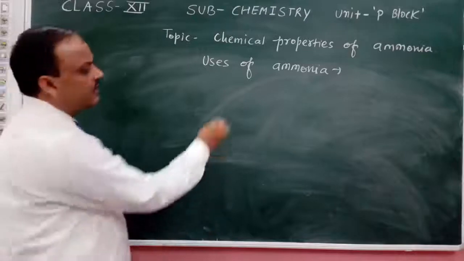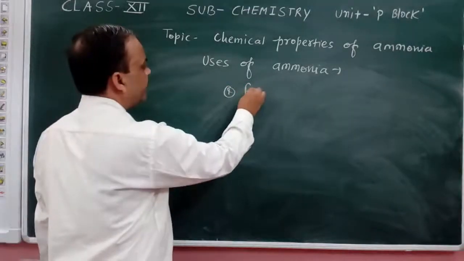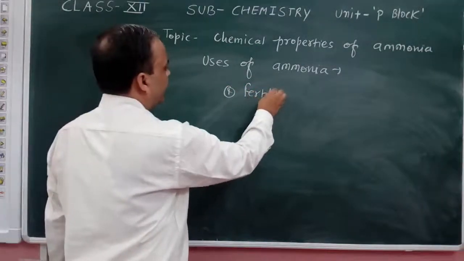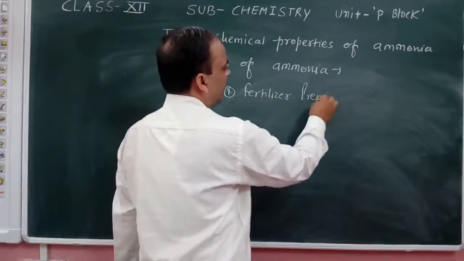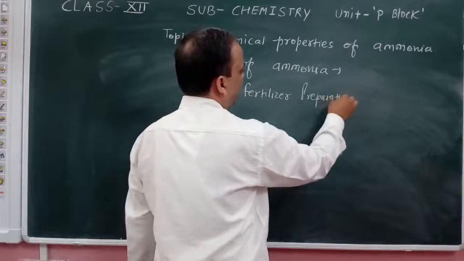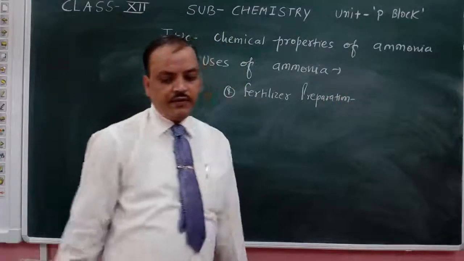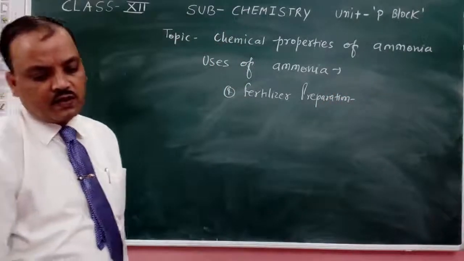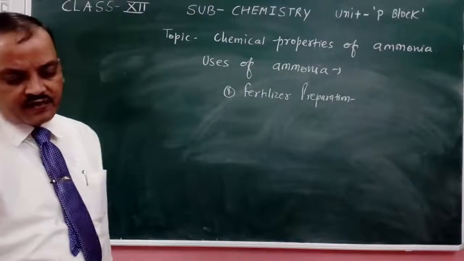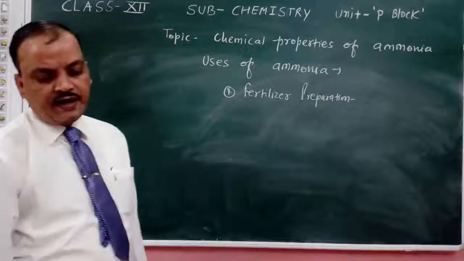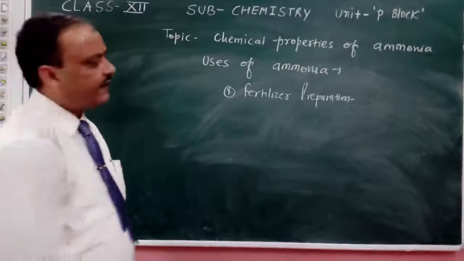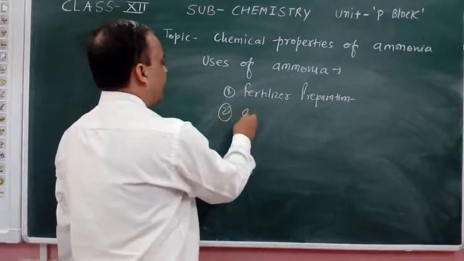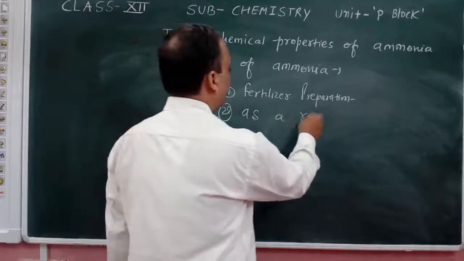First, in fertilizer preparation, we use different kinds of compounds like urea, ammonium nitrate. Refrigerant in ice factories,